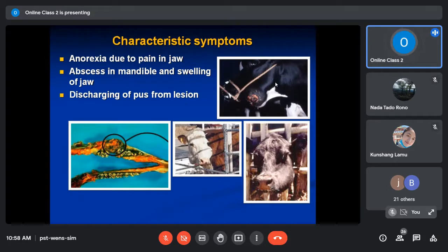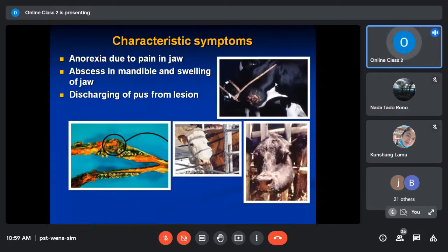with suppurative inflammation, right? The characteristic signs and symptoms of the affected animals may include loss of appetite. That is mainly due to pain in the mandible jaw. When they are affected, they feel very painful and cannot chew the food materials, so they remain without taking food and show loss of appetite, mainly because of this pain. There may be abscess formation, chronic granulomatous abscess, particularly in the mandible and